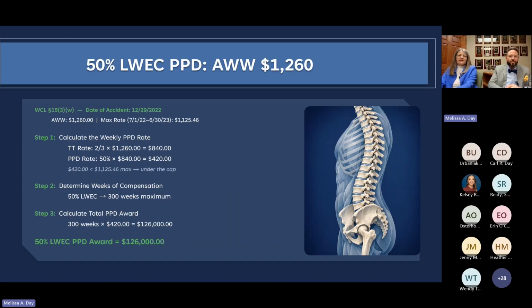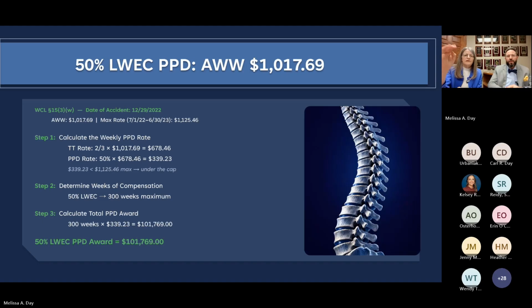So let's take a look at our examples again. Well, if we have a 50% LWEC on a PPD, that's 300 weeks at that $1,260 average weekly wage. This is the bad average weekly wage, the one we don't like the most. That cap is worth $126,000. Now, if we